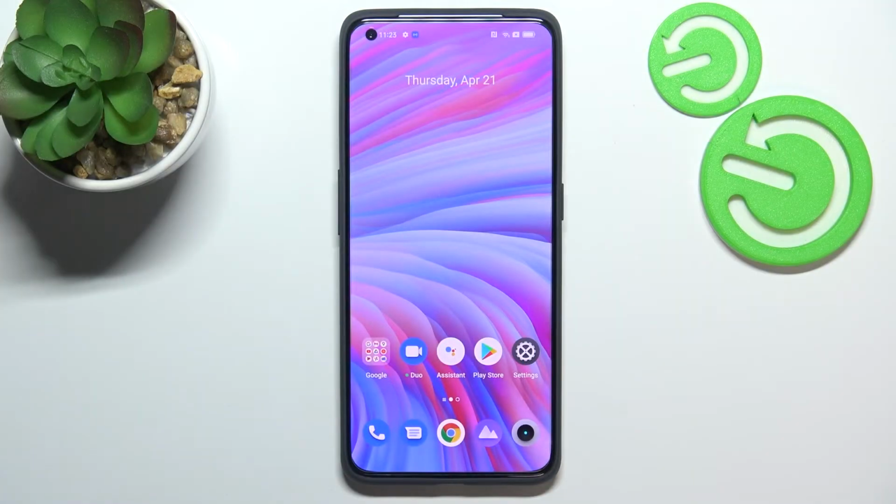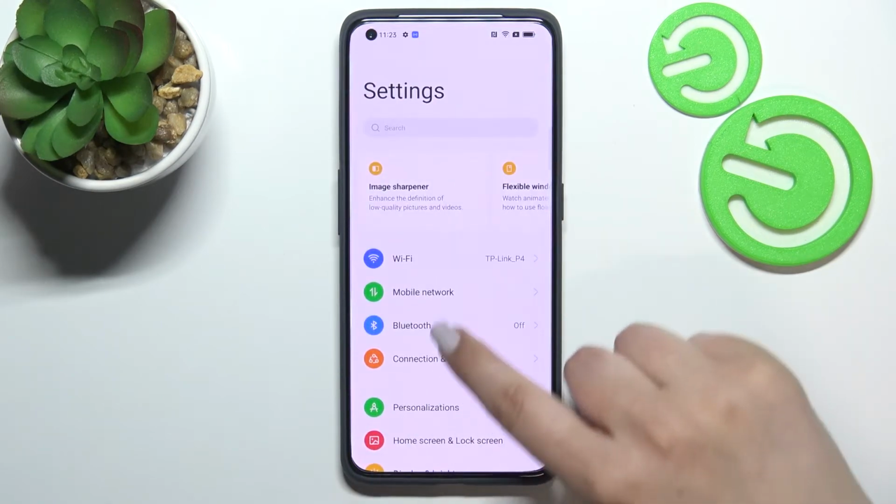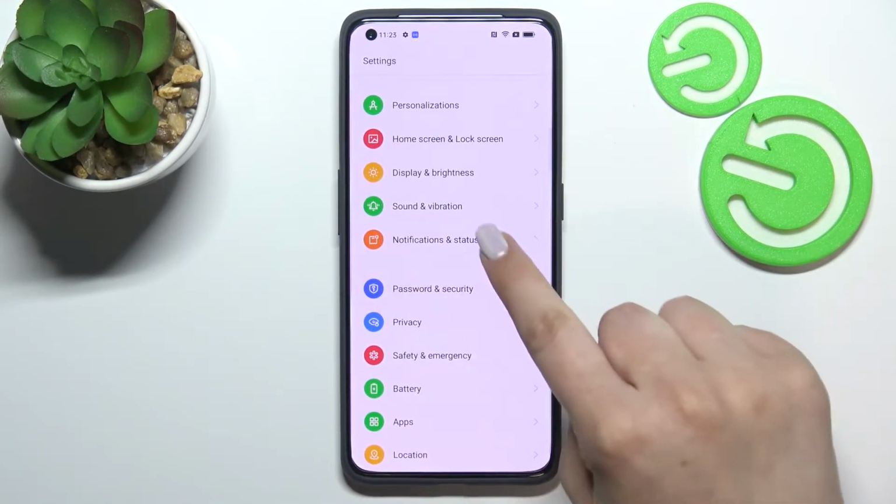Hi everyone, in front of me I've got Realme GT 2 Pro, and let me share with you how to show battery percentage on the status bar in this device. So first of all we have to enter the settings, and now let's scroll down a little bit to find